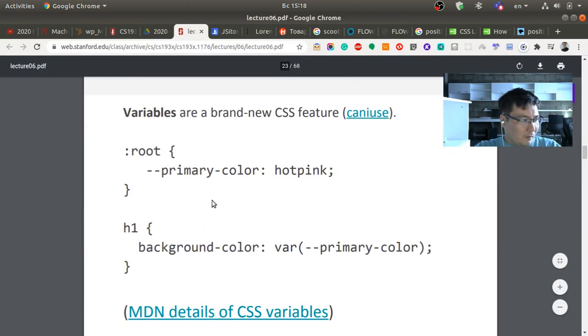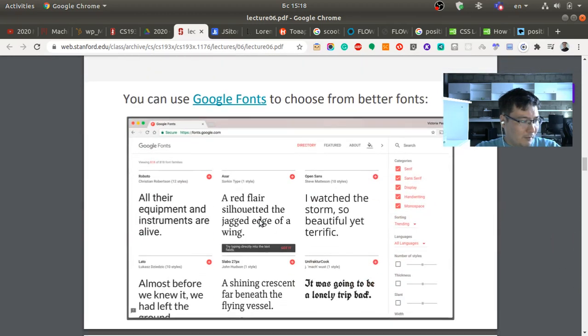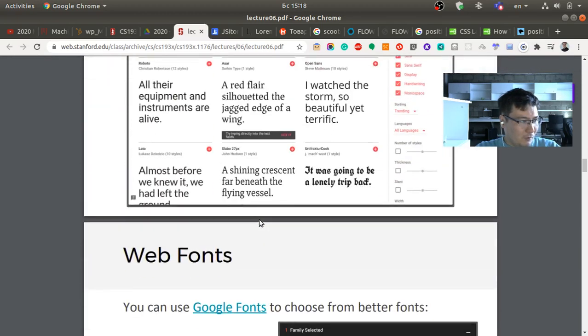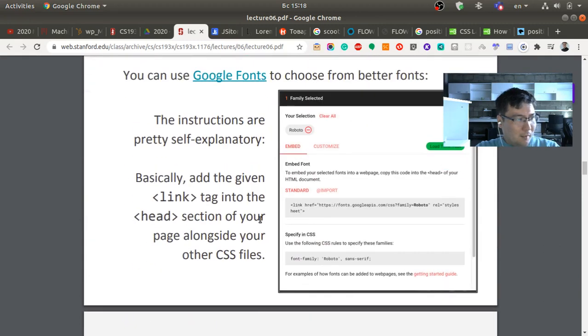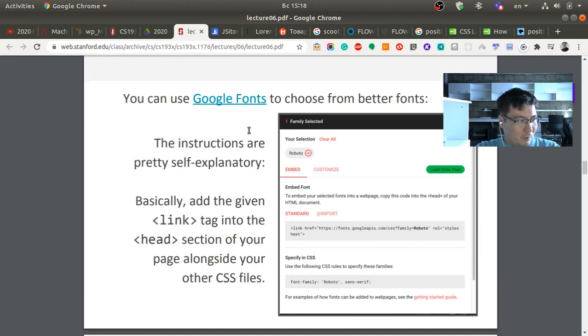Okay, we can pass, keep it. Background position also we don't need now. Web fonts, so